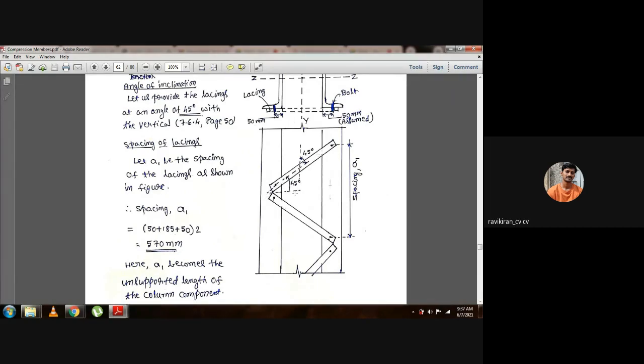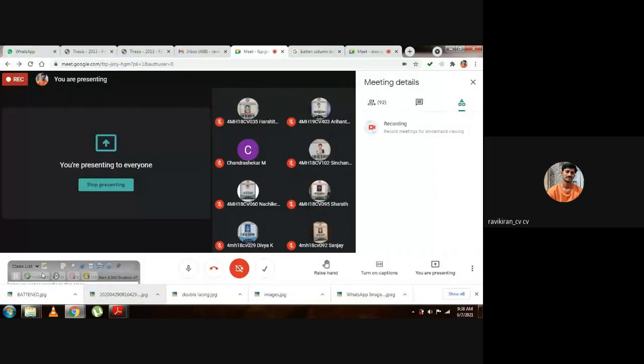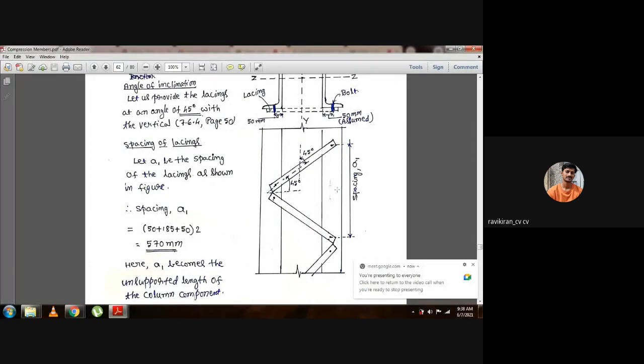Once you provide it to 45 degree, if you take horizontal line here, see this horizontal line distance is, see, this horizontal distance is equal to inclined distance, right? So once you got, not inclined distance, vertical distance, because you are providing it 45 degree from here to here, whatever the distance comes, same distance will remain from here to this point. If you multiply with the 2, you will get to the bottom also.